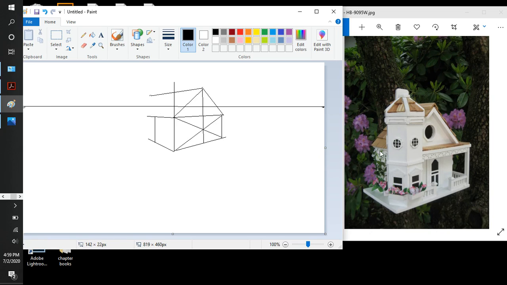And now you can see that the roof is going past the edge of it. So I'm going to match this angle that I've drawn from the top of the triangle right there. So I'll go to the edge of my roof and I'm going to match the angle so I have just about the same angle as there to there. Now before I